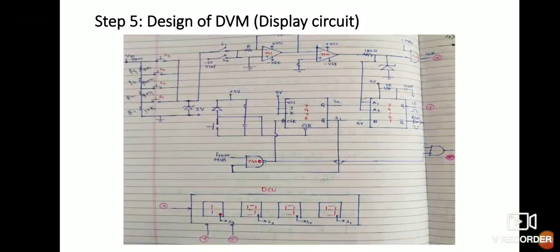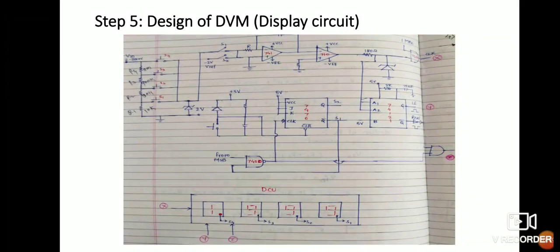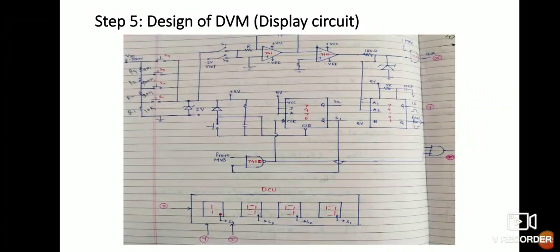So V in you have to show as 2 volt to 2000 volt. Minus V reference is shown, minus 2 volt here for the integrator circuit. The output will be 2 volt with the help of a Zener diode, which means whatever slight change there is, it will give the proper, fixed, regulated output of 2 volt. That output is connected to the inverting terminal of the integrator through switch S1. Minus 2 volt as V reference is connected to the inverting terminal through switch S2, as usual. So the integrator circuit is there.